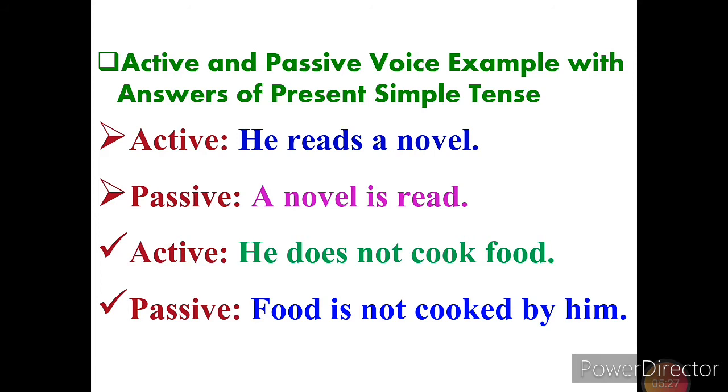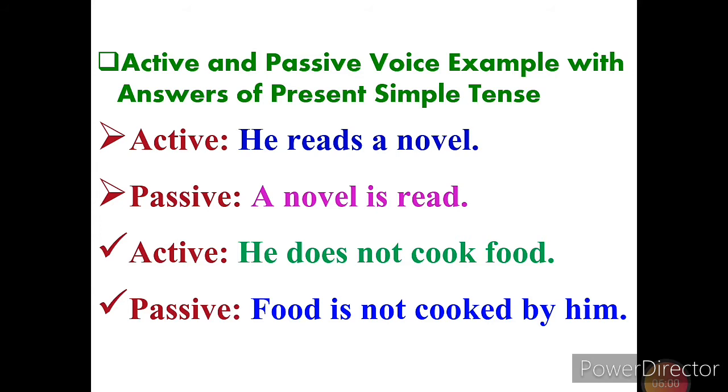Because for this form, read, read. A novel is read by him. So why I did not give it here, just to show you the gradual way. So here I changed the object and verb and past participle. So I want to assure you about the preposition, how it followed. We see in the next sentence.